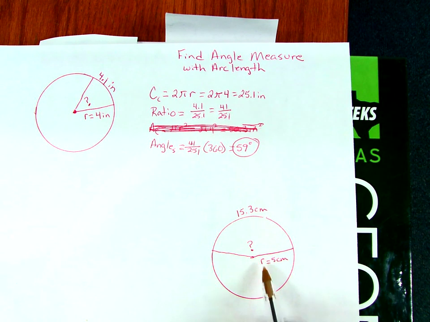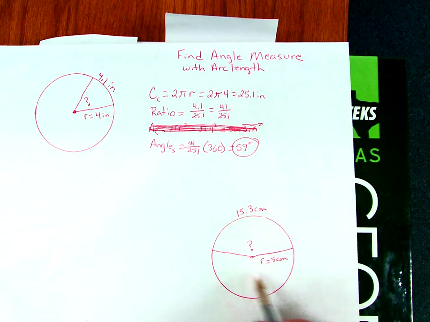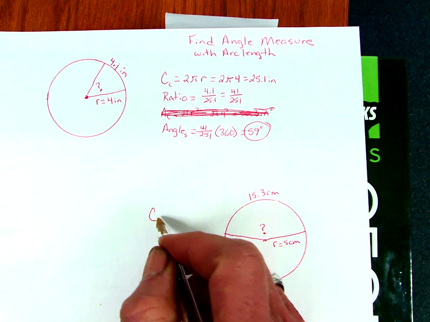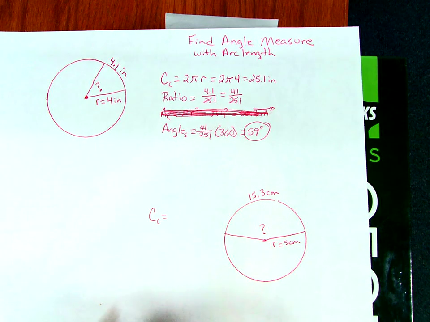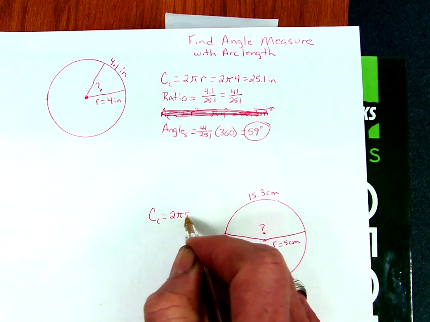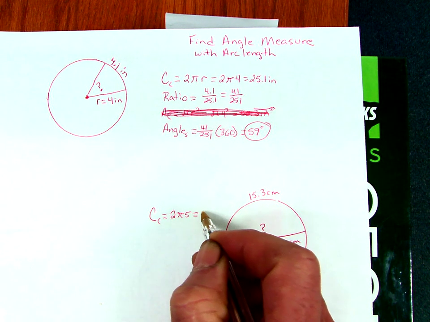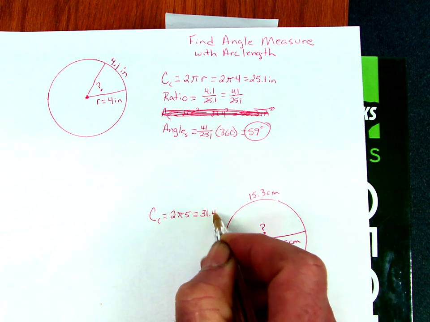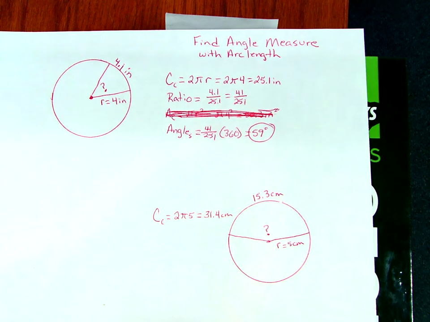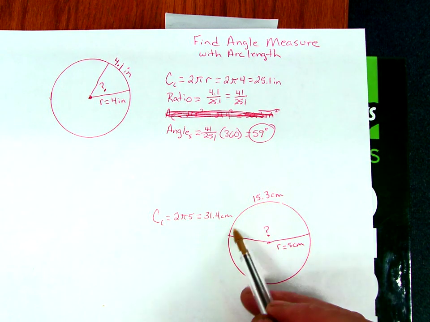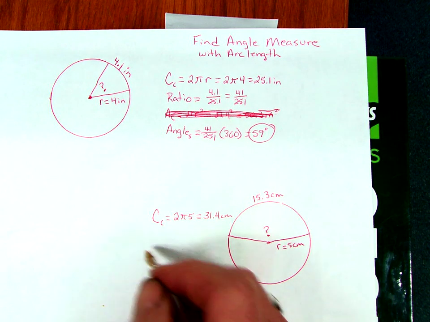Now let's try that again. Here's another circle. Here's a radius. Here's an arc length. So the circumference of the circle equals 2 times pi times 5 equals 31.4, or we'll just call it 31.4 centimeters. Here's the measure of the sector's length. So our ratio